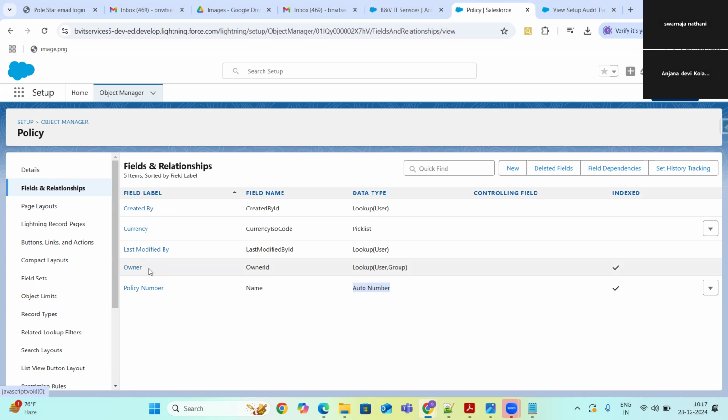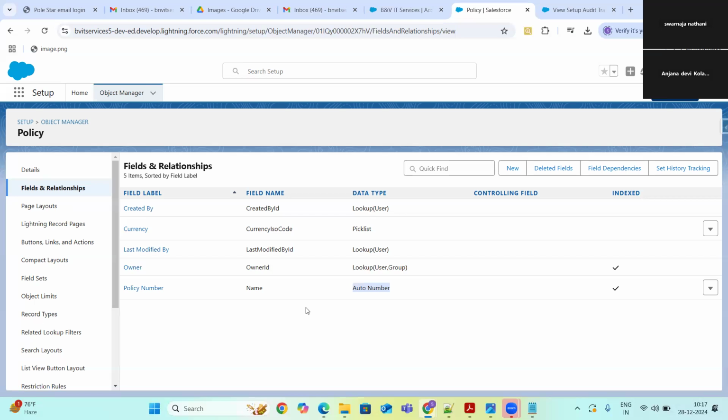All these fields we call standard fields, guys. Because these are the fields which came along with the object creation. We haven't created them, right? Whenever we create the object, these came automatically. So these we call standard fields. Apart from that, if we want any new fields, then we can create our custom fields.